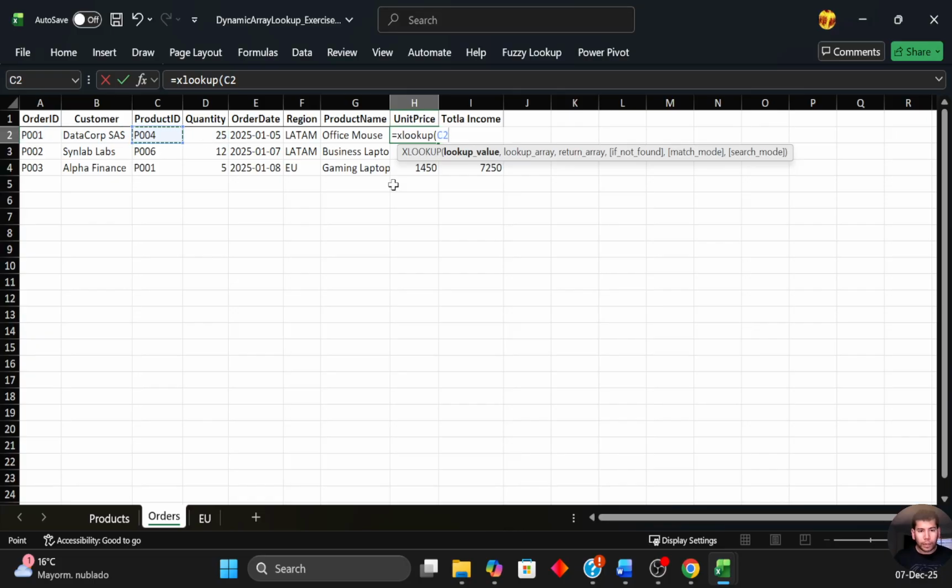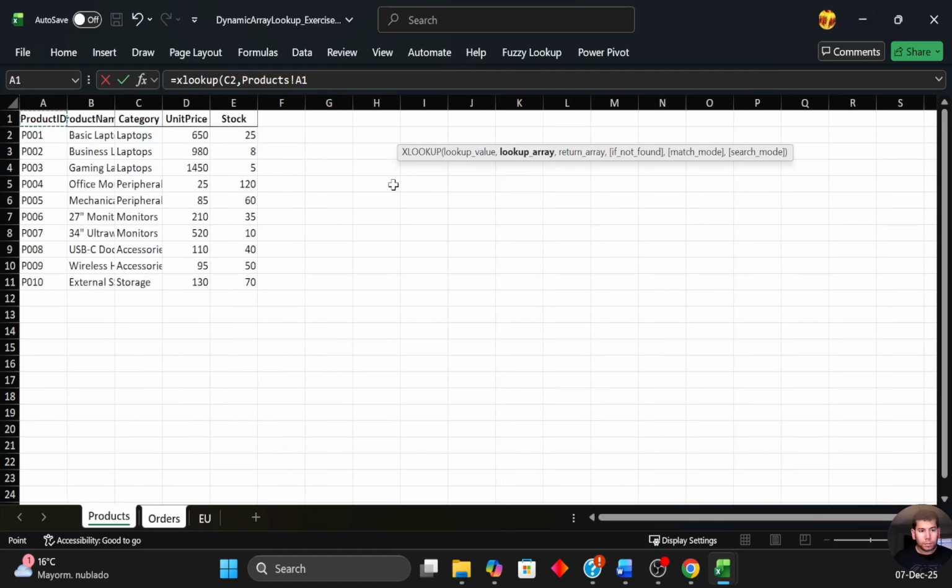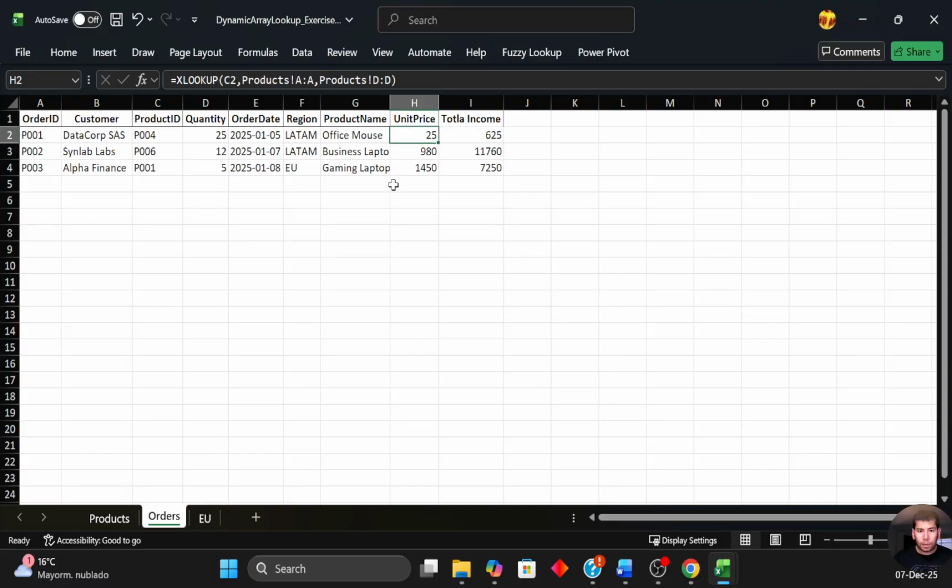You select the product name again. Once again, you can select the product, the full column, and the unit price column, and close parentheses, and voila, there you